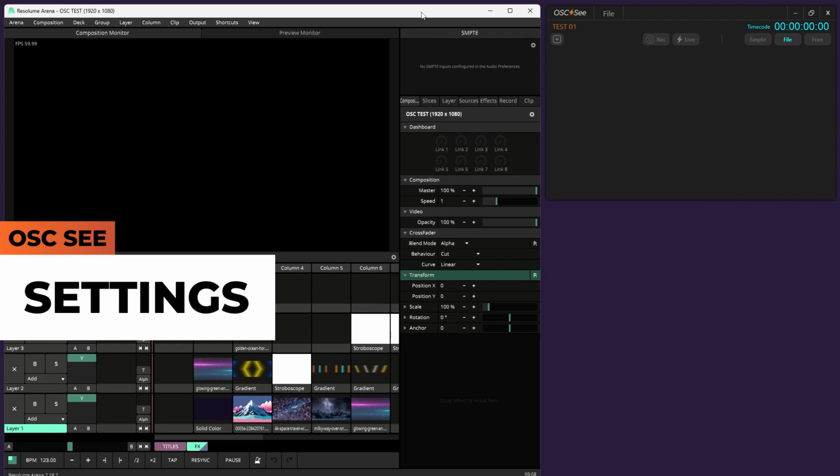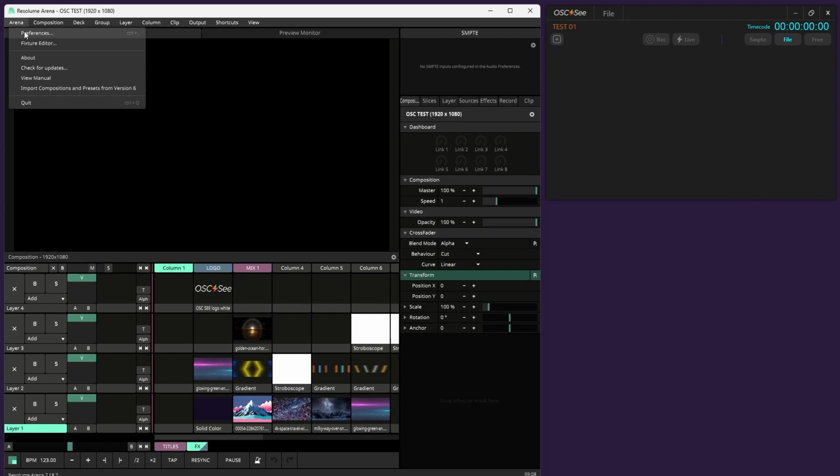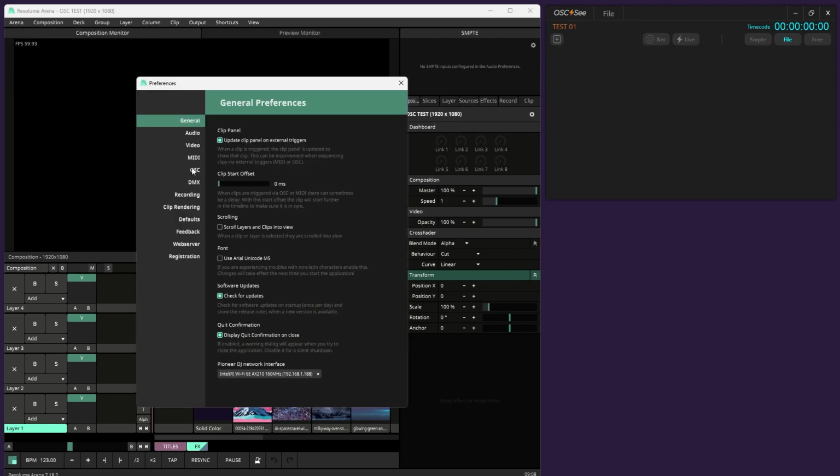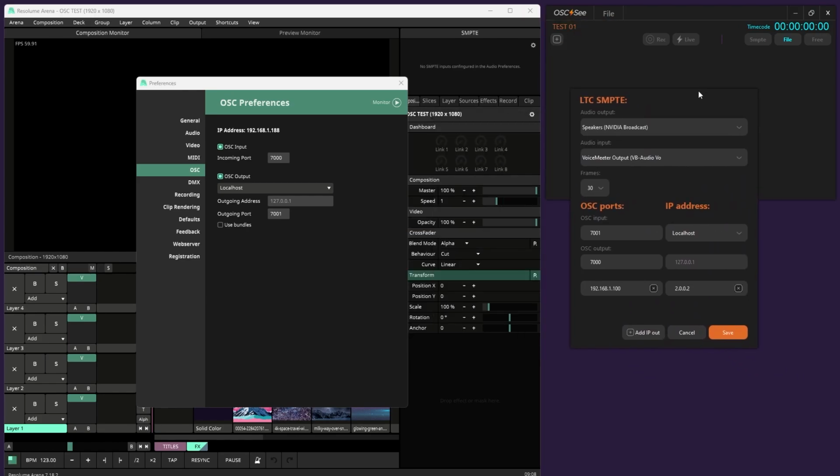However, let's do a review of what we have to do to have a stable connection. Let's make a connection between these two programs within the same computer. For this, we are going to go to Resolume Preferences. In Preferences, let's go to the OSC tab, and we are going to do the same in OSC. Let's go to Settings. And in Settings, we can see the different parameters that allow us to make a connection